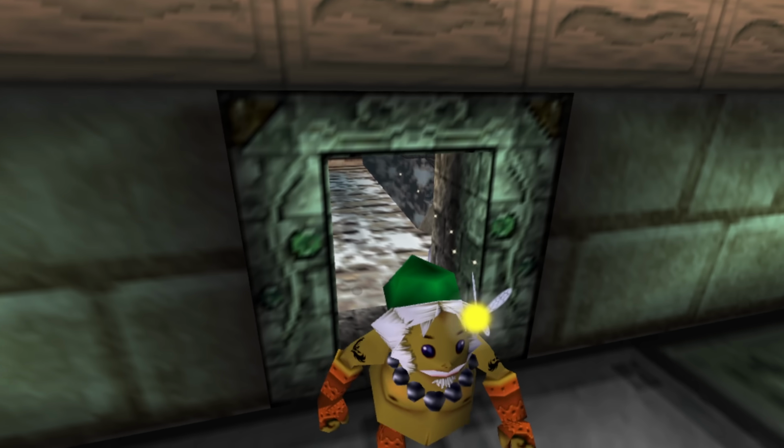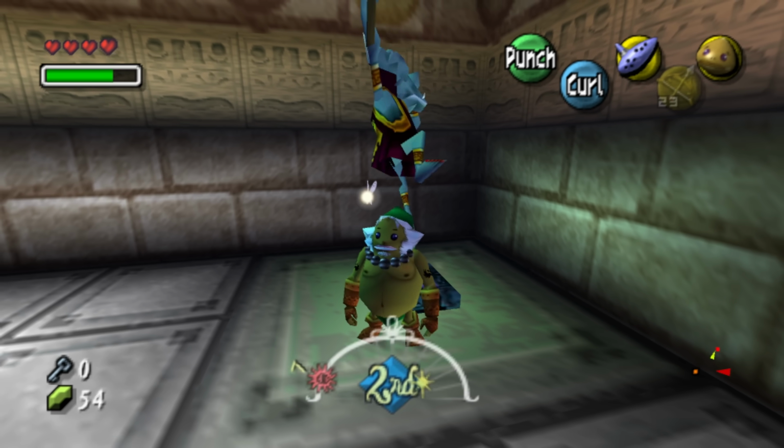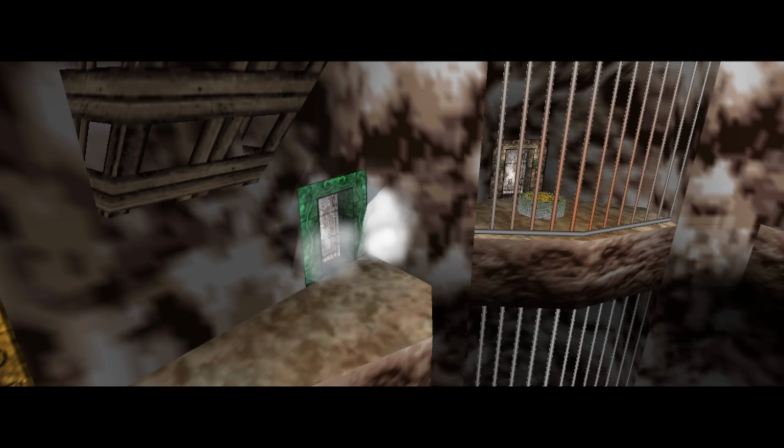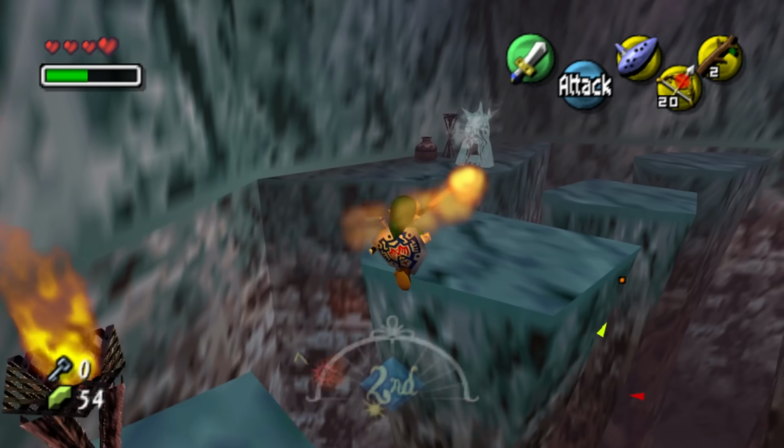Then I cross this bridge to open this door which leads to a room with a Wizrobe in it. I defeat him and get the fire arrows. I then use the fire arrows to get into this green door. I then use them to light this torch and use a deku stick to light the other 2 torches while